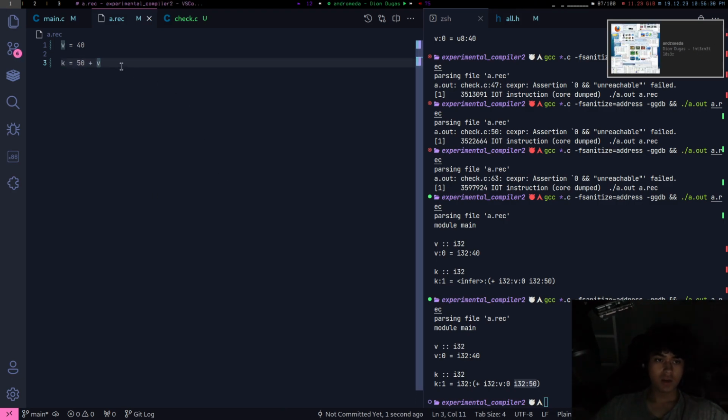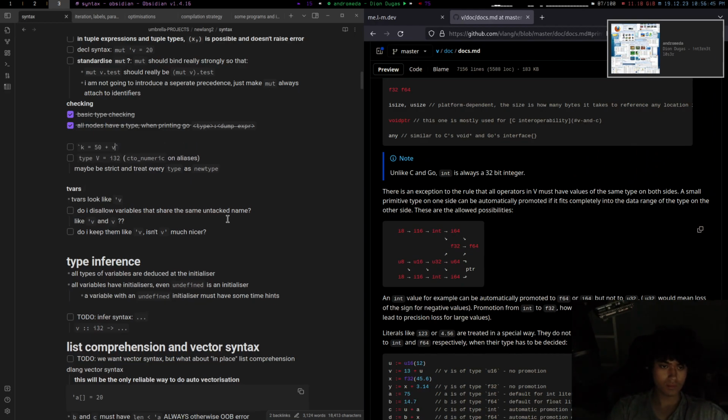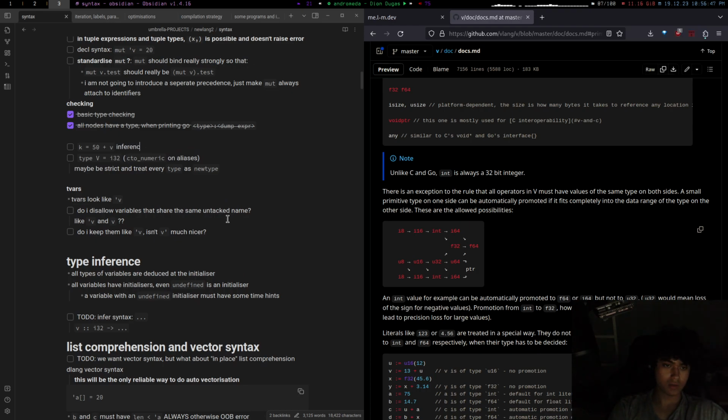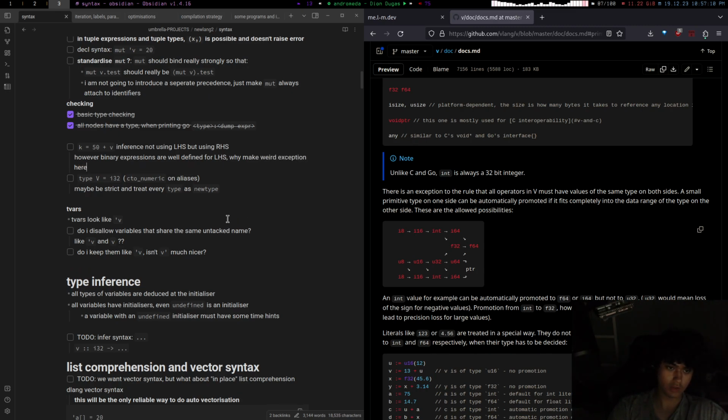Yeah, I'm going to make that as a note as well. Inference. However, binary expressions are well defined for LHS.